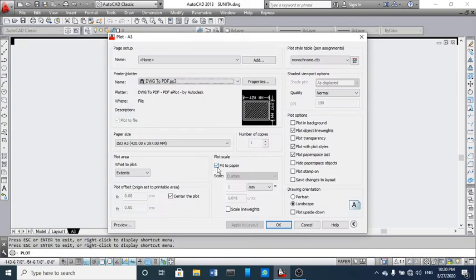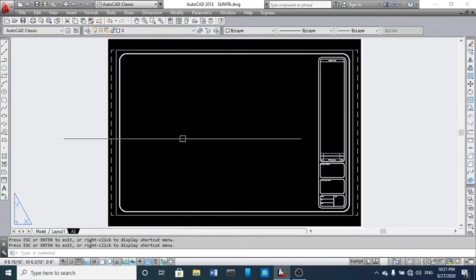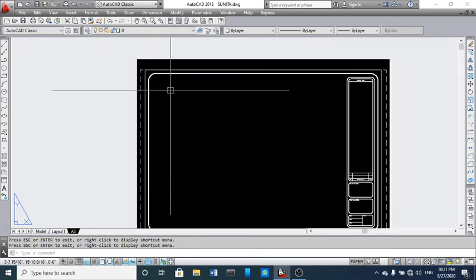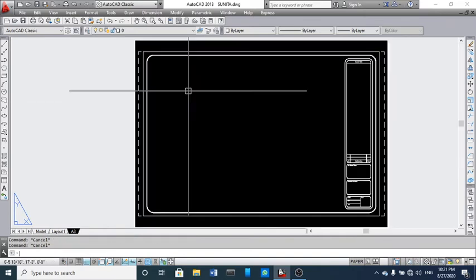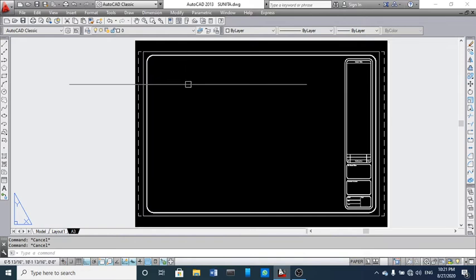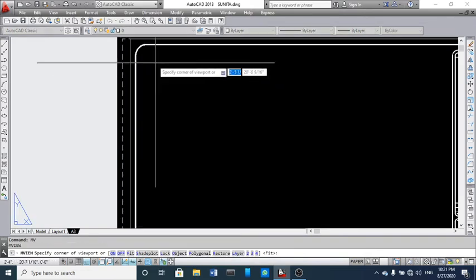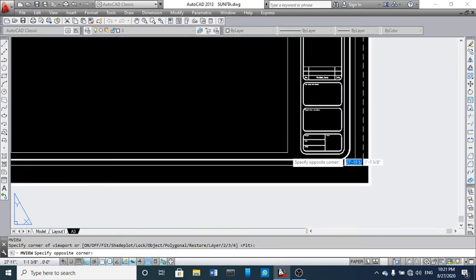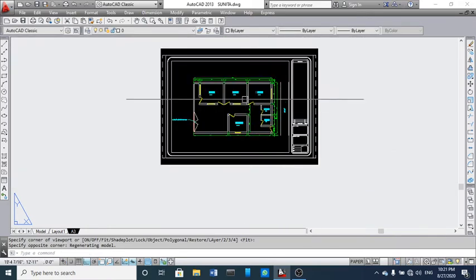Now I am going to go to layout again. Now after this you can choose your model, come to model view. So I am going to type MV. So MV I am choosing here, and take a space where you want to get your drawing.